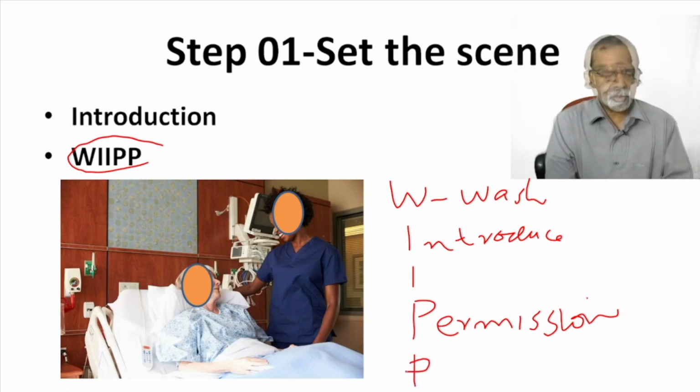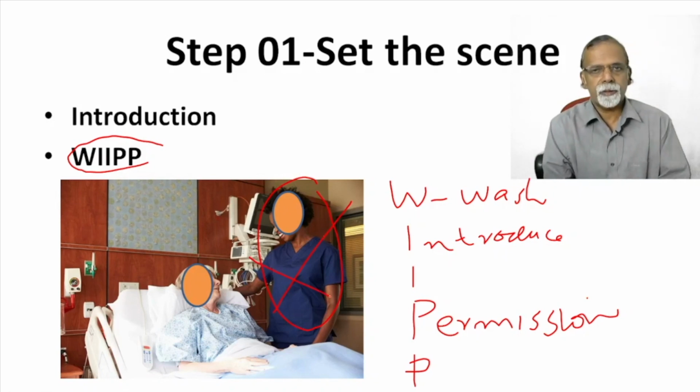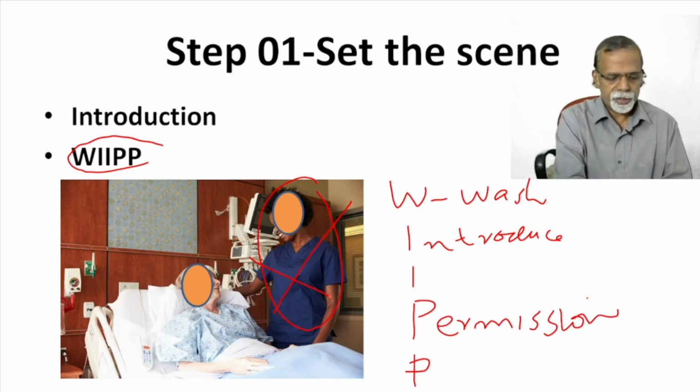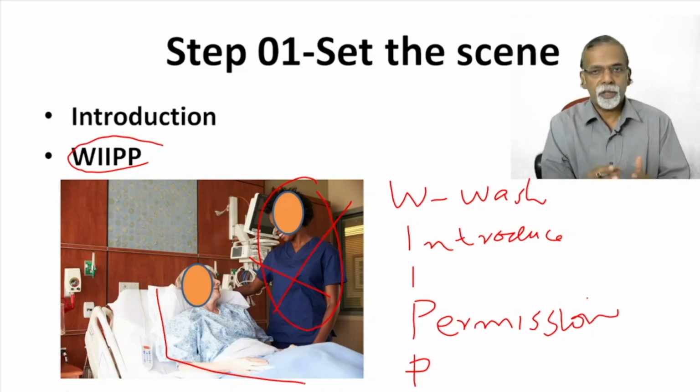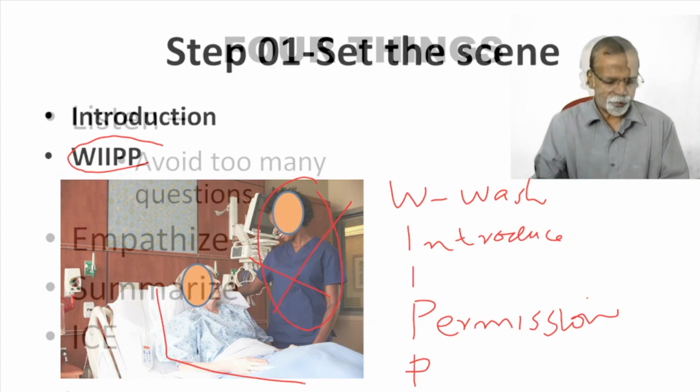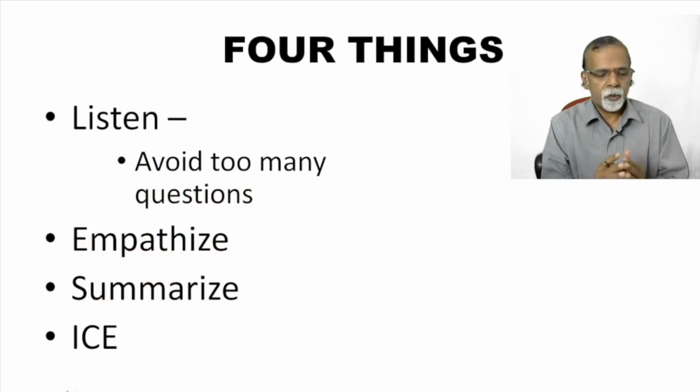Next P for the positioning. You should stand on the right side. Here you can see that the person is standing on the left side. Preferably you stand on the right side, that is convention. And see that the patients are placed in the proper position which is most convenient for them. Avoid frequent changing. History taking and examination should be done in such a way that minimum disturbance occurs to the patient. Before going to the proper history taking, we should remember 4 things.